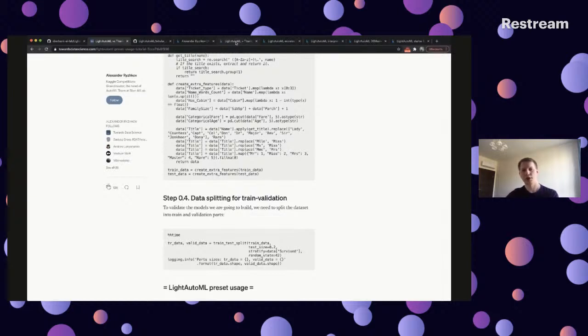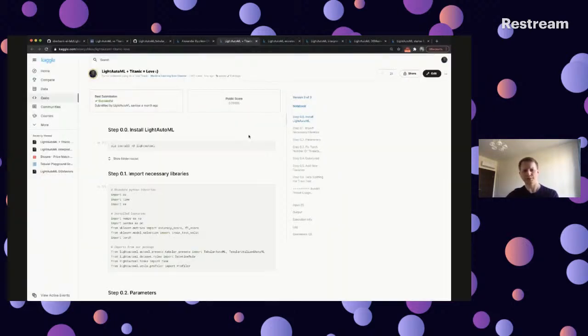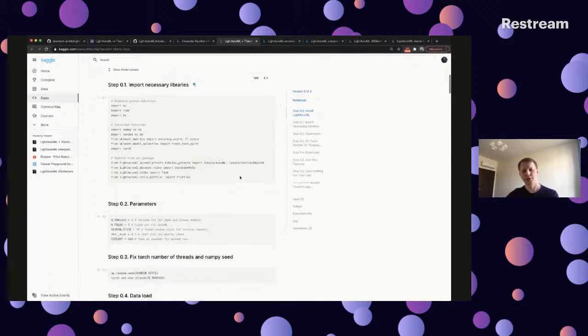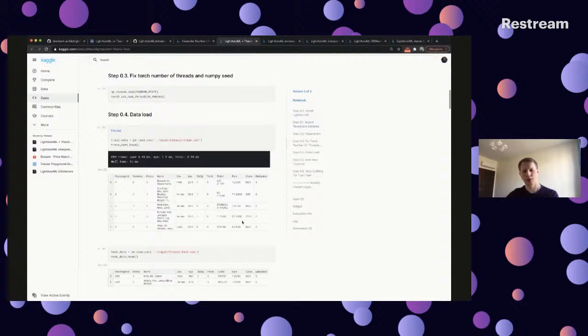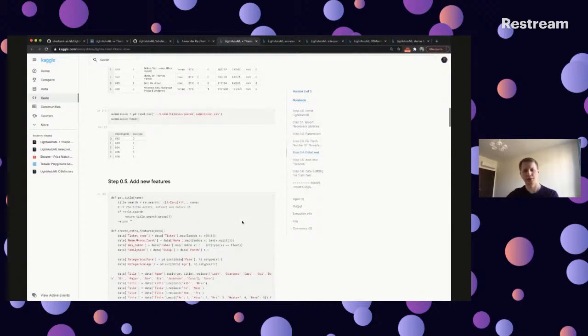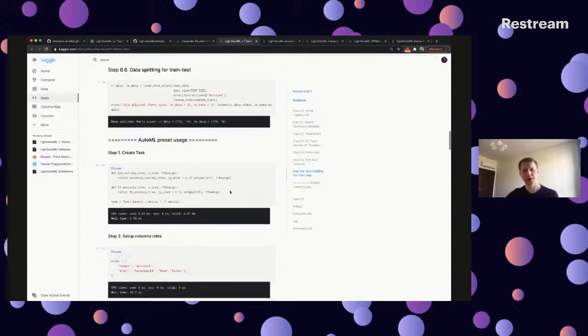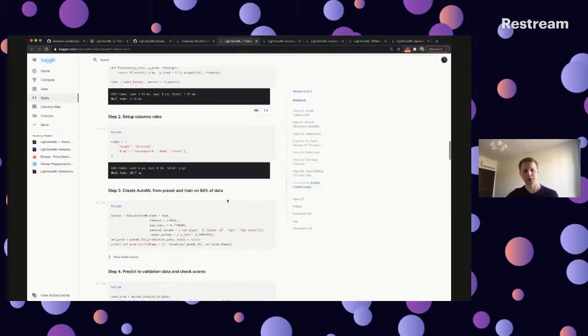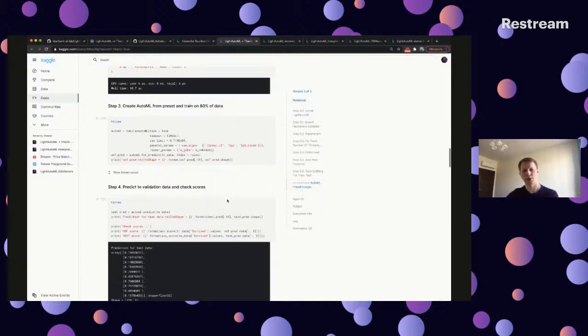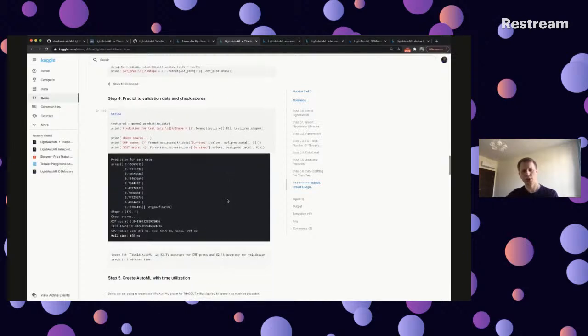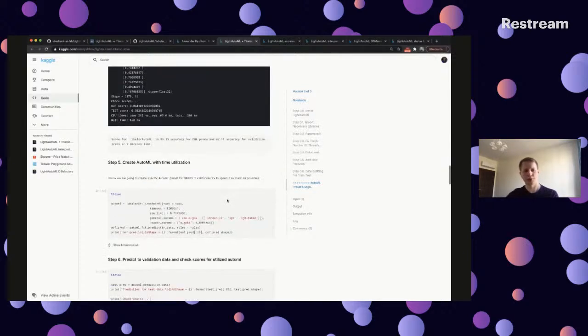And for sure, as I stated, we have the kernel solution for this particular task. So here we have the same score as I stated in the article. And here are the same steps we covered before, like creating features, data splitting, create task, set up column roles, and so on. So, okay, here we solve